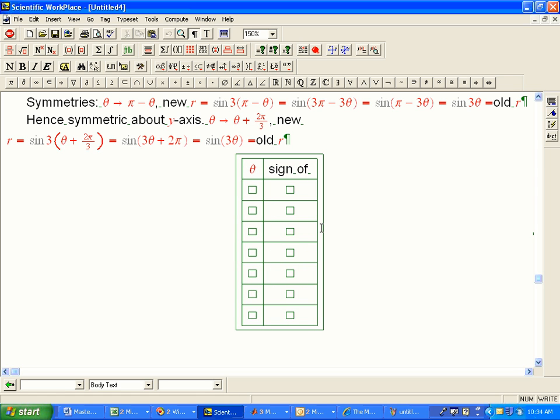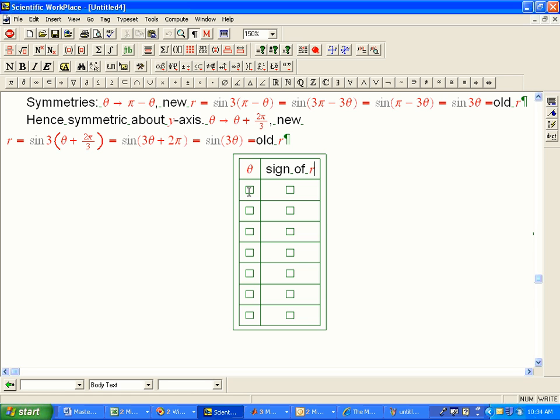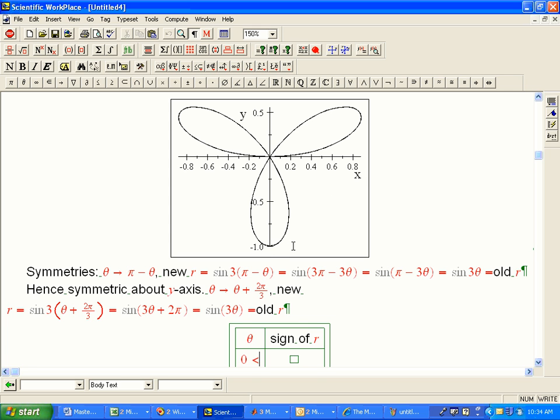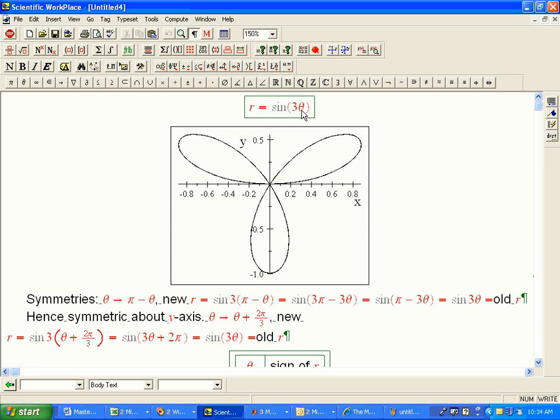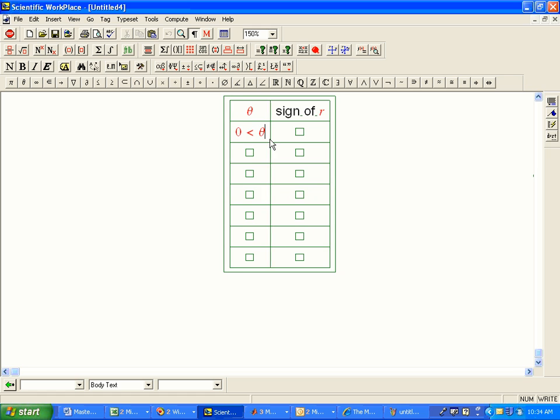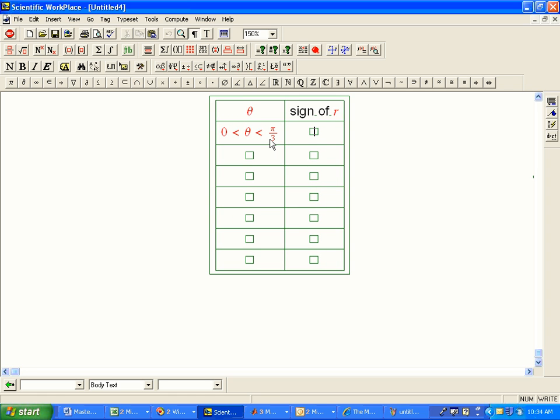Sign of r. So let's just figure out the sign first. So if theta is between 0 and, when is r going to become negative? It's going to start out being positive because of sine 3 theta. Back up to here, sine 3 theta, if theta is a small positive number, then 3 theta is going to be small and positive. It's going to stay positive until 3 theta is equal to pi, or theta is pi over 3. So that's going to be plus. Then pi over 3,